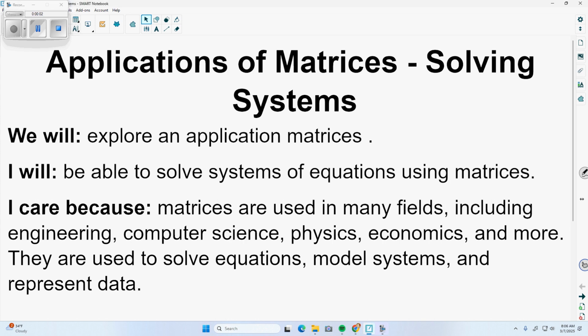Alrighty, good people. Today we are talking about applications of matrices, specifically using them to solve systems of equations. Now, there's all sorts of applications of matrices. There's a whole branch of mathematics called linear algebra, really devoted to matrices and all the things they can do. But right now, at this point in your math career, the most useful thing to you is probably using it to